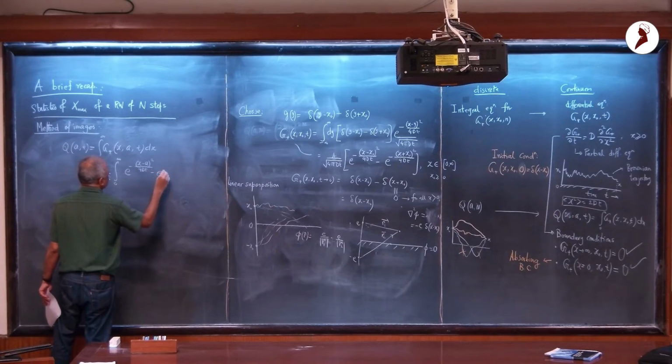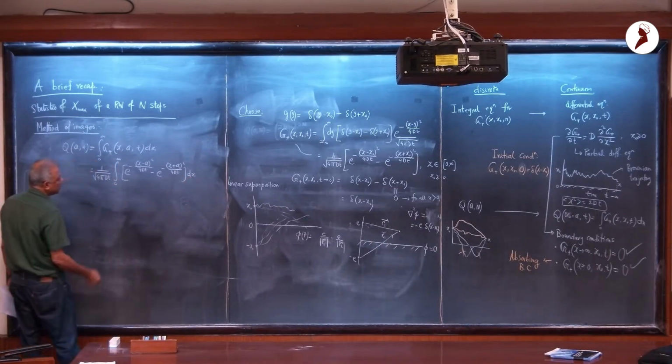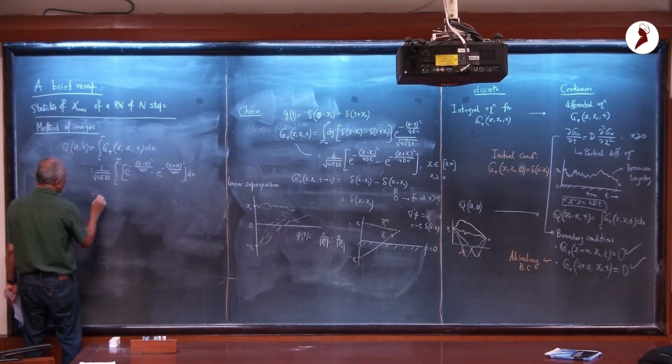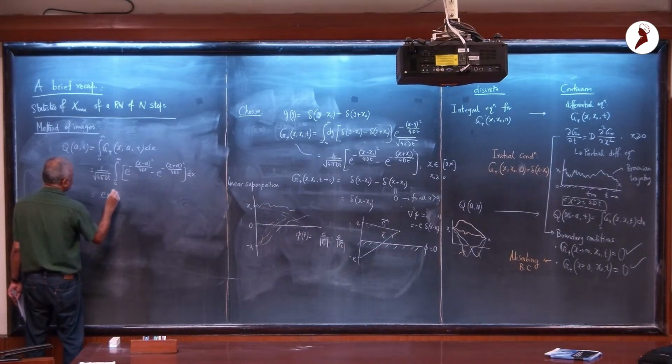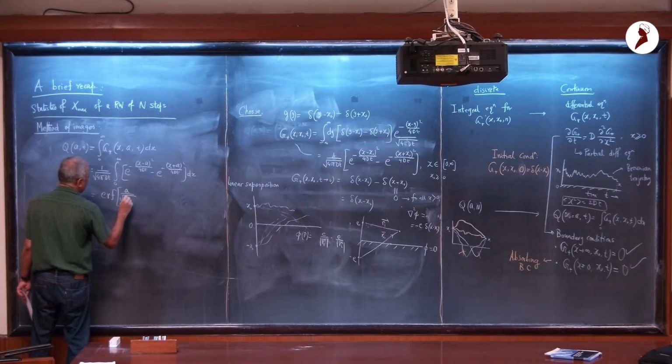A is just x naught basically, so I have to integrate over the final position. And this integral is very easy to do. You can do it by yourself or by Mathematica. You find that this is error function of A over square root of 4Dt,